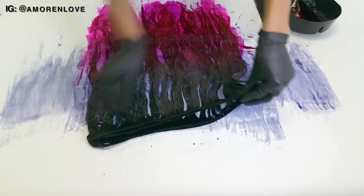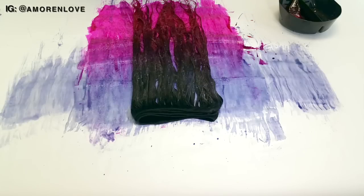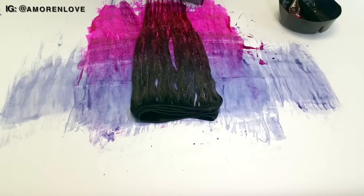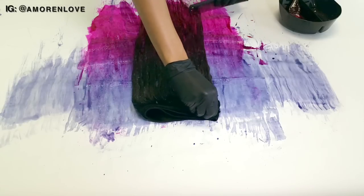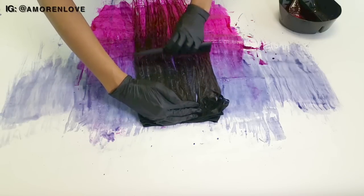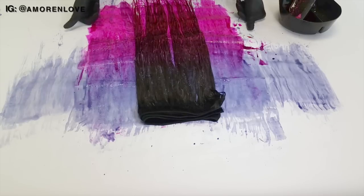So we're gonna fold this now in half. Starting with the wider side of the comb, group all the hairs together and just comb through the hair. This will also help with blending. Comb through lightly. So now we're just gonna let this process for maybe 2 hours,